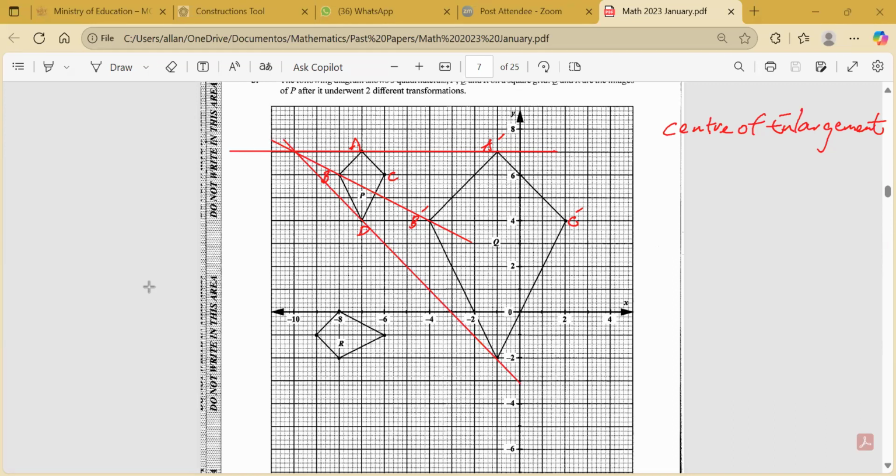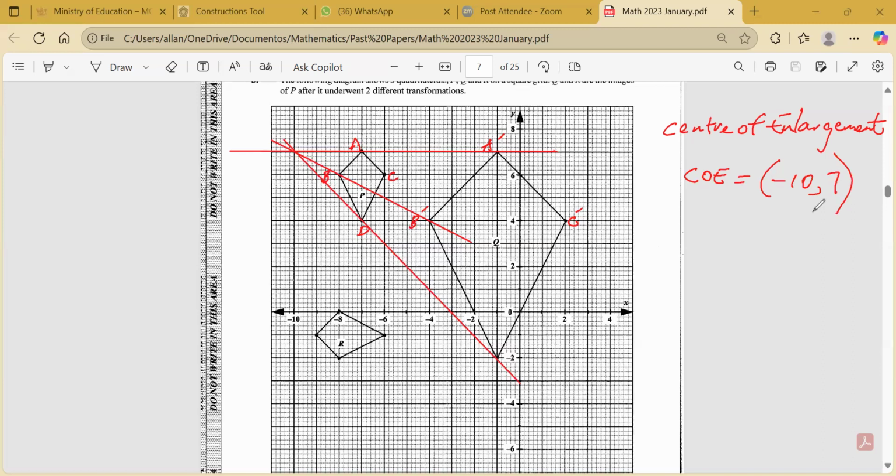If you have a long ruler, anybody could tell me what is the coordinate of that point, please? So negative 10, 7. Negative 10 and 7. This is called your center of enlargement. So that is what CXC wants from you. The center of enlargement